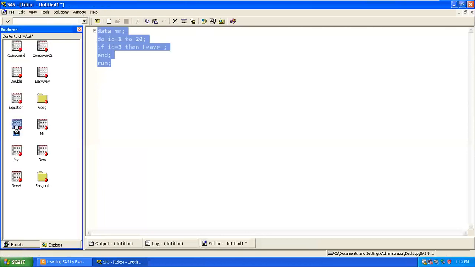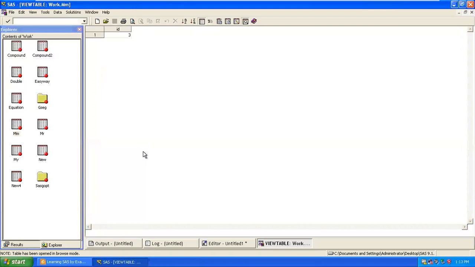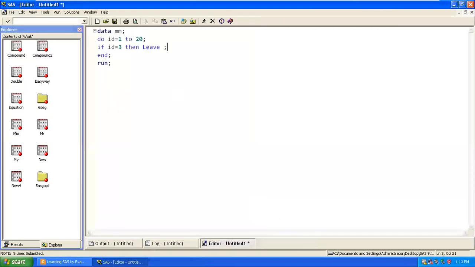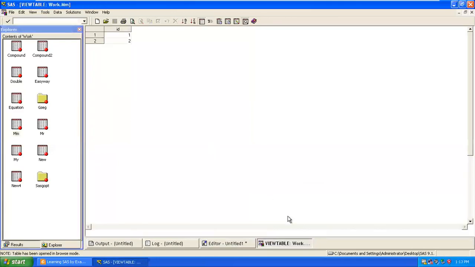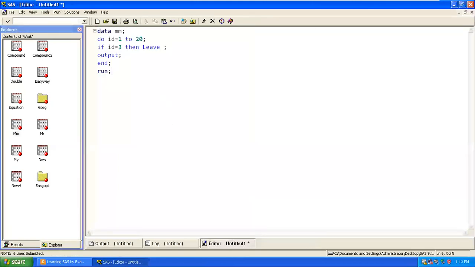And then there should be a keyword called output. Correct? So in the case of